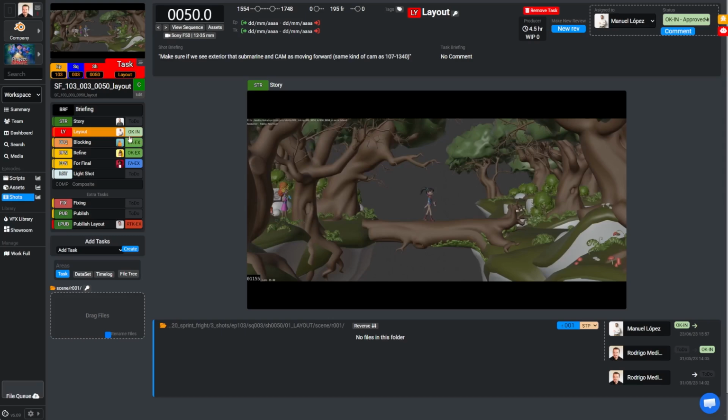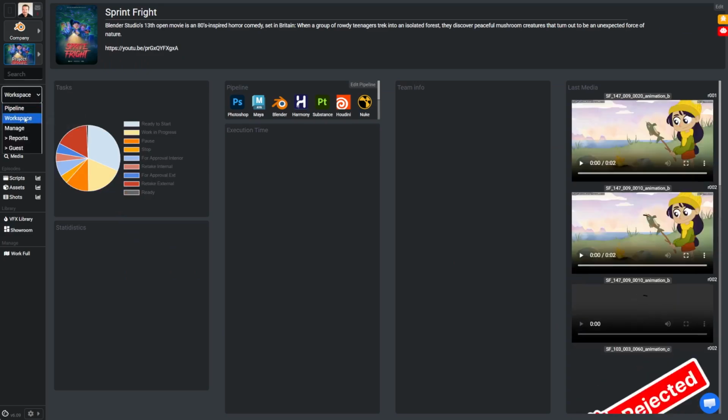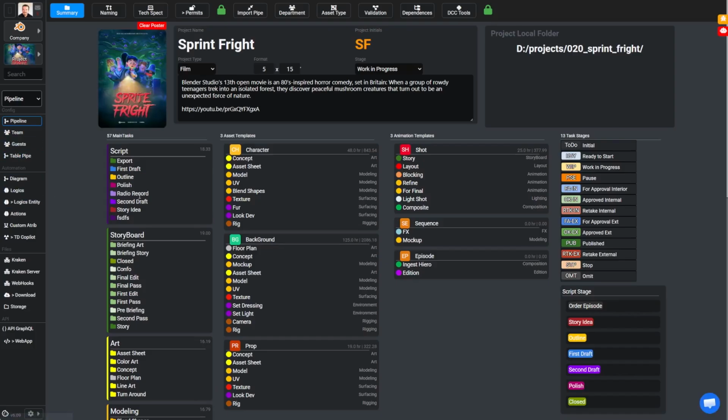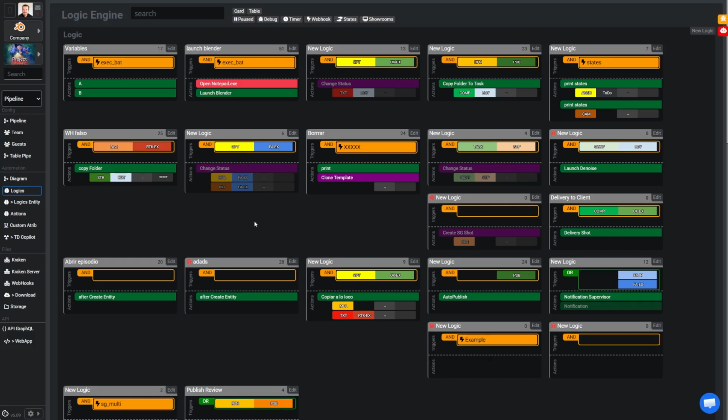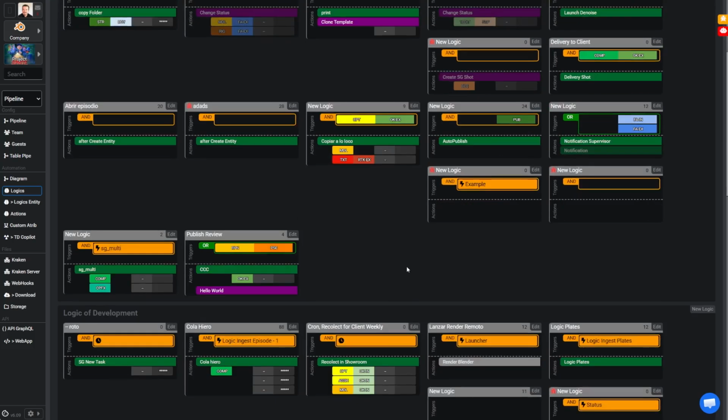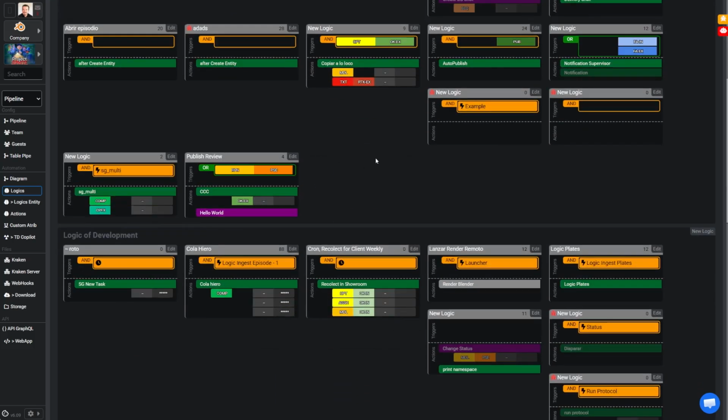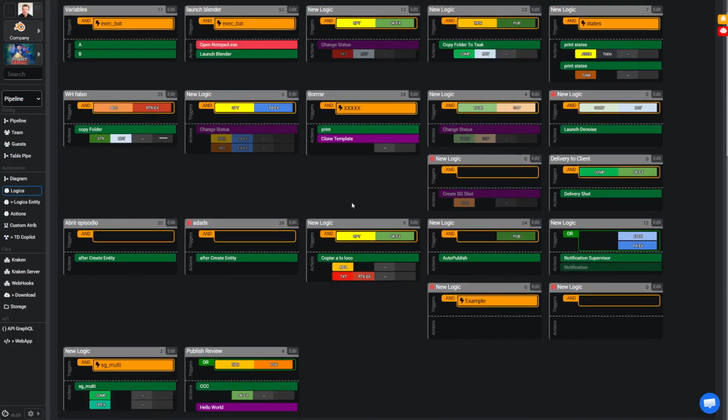These transitions, or state changes, do not need to be performed manually by a production manager because we have a tool called the logic engine within the pipeline. This allows us to generate automatic transitions from one task to another using conditional rules. For example, if layout has been approved, the system can automatically activate the animation task for a specific artist and copy the necessary files so that the system can immediately begin working. In this way, we automate state changes and allow producers to focus on supervising the workflow management process.